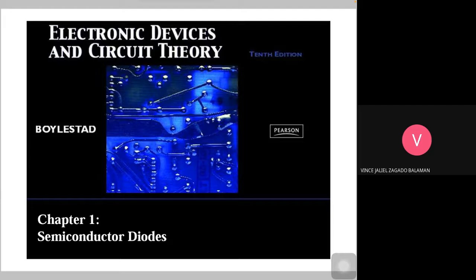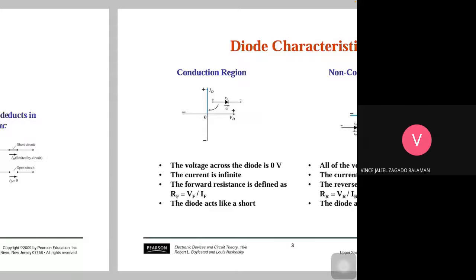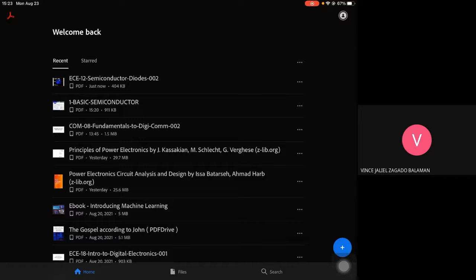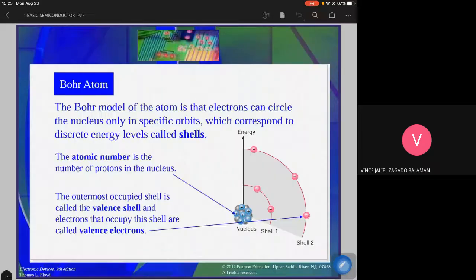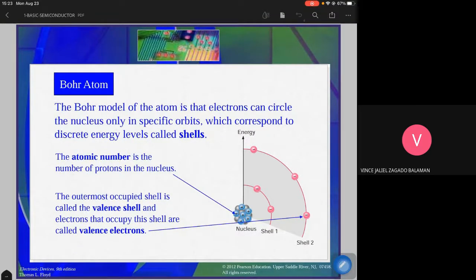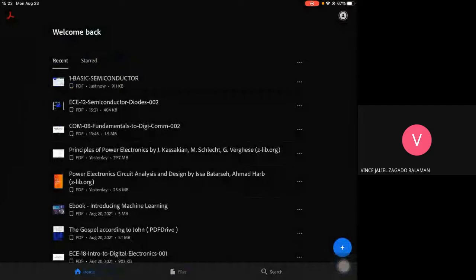Okay, for this afternoon, we'll discuss semiconductor diodes. So this is our main resource, our textbook, Electronic Devices by Floyd. We'll go over these slides in a while, but it's better that I refer to one slide, because the concepts are easier to visualize if you use this one. So before that,